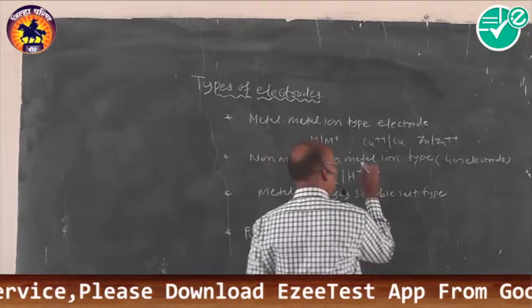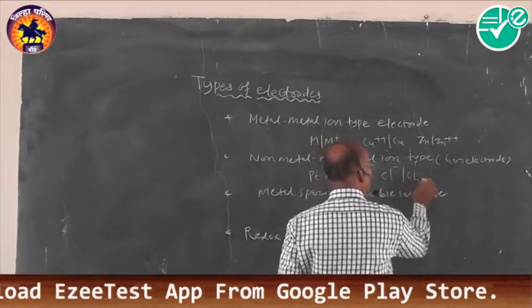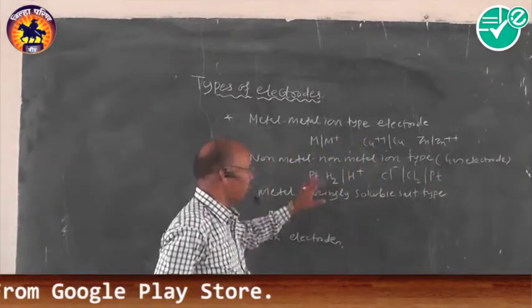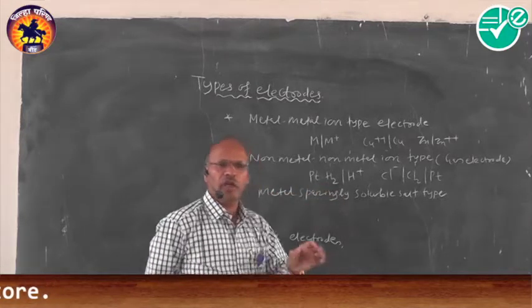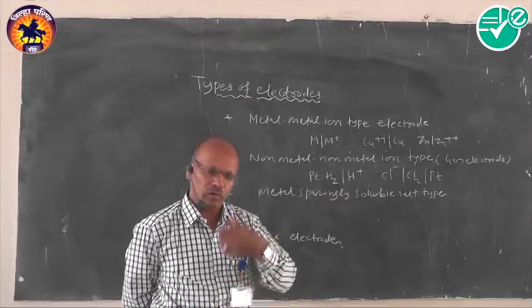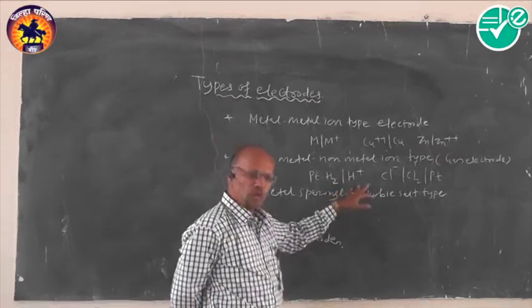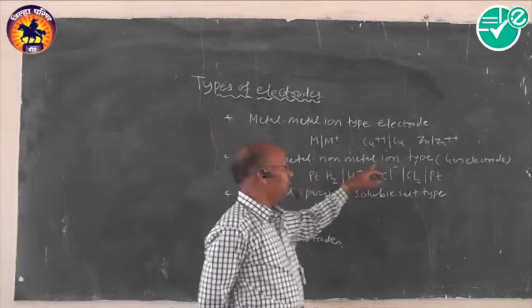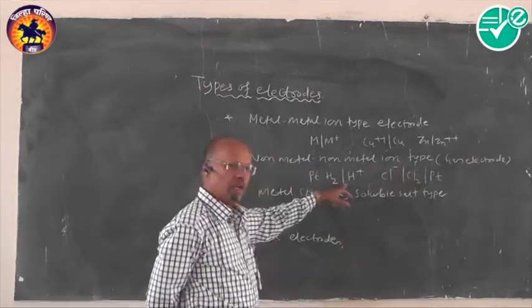If you think about the chlorine electrode, the chloride ions, especially Cl2 gas, inert metal platinum is introduced. So it is the kind of electrode in which we introduce an inert metal like platinum with that particular gas, which is in contact with its own ion solution. We generally call it the non-metal ion type electrode, and it is generally called the gas electrode, represented like this.